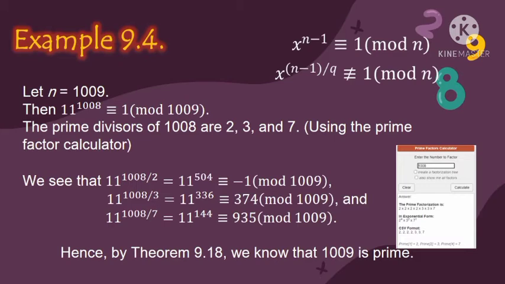So, we just used all the prime divisors of 1008, which is the q in the definition. As long as the least positive residue will not equal 1, from the definition, hence by Theorem 9.18 we know that 1009 is prime. I hope you get it,